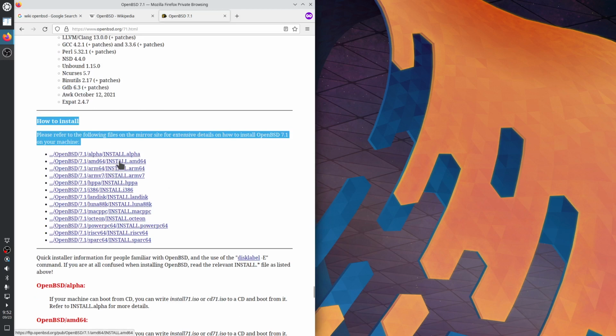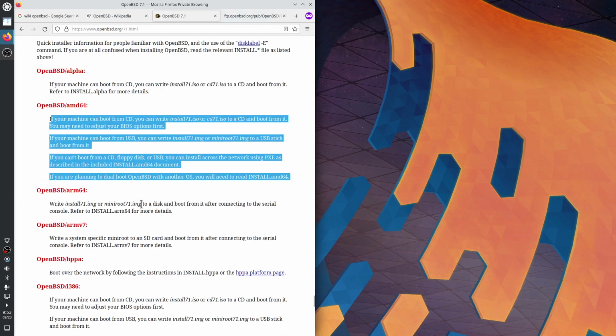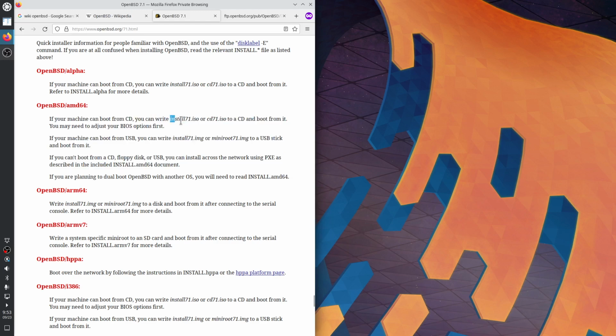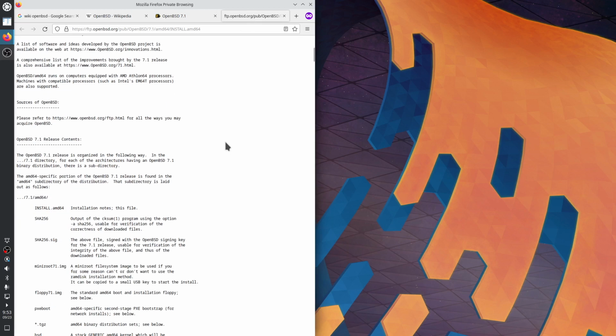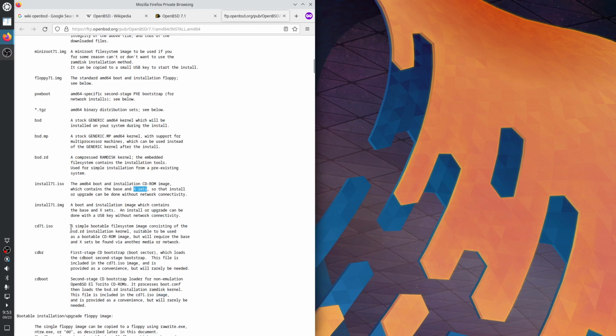Let's look at how to install on AMD64. Okay, if your machine can boot from CD, yes, it can. It's a virtual machine. We're going to use Virt Manager. You can write install71.iso or cd71.iso. What's the difference between them? Okay, so install71.iso contains the X server, whereas cd71 requires additional data in order to install the X server. So we want the bigger one, install71.iso,